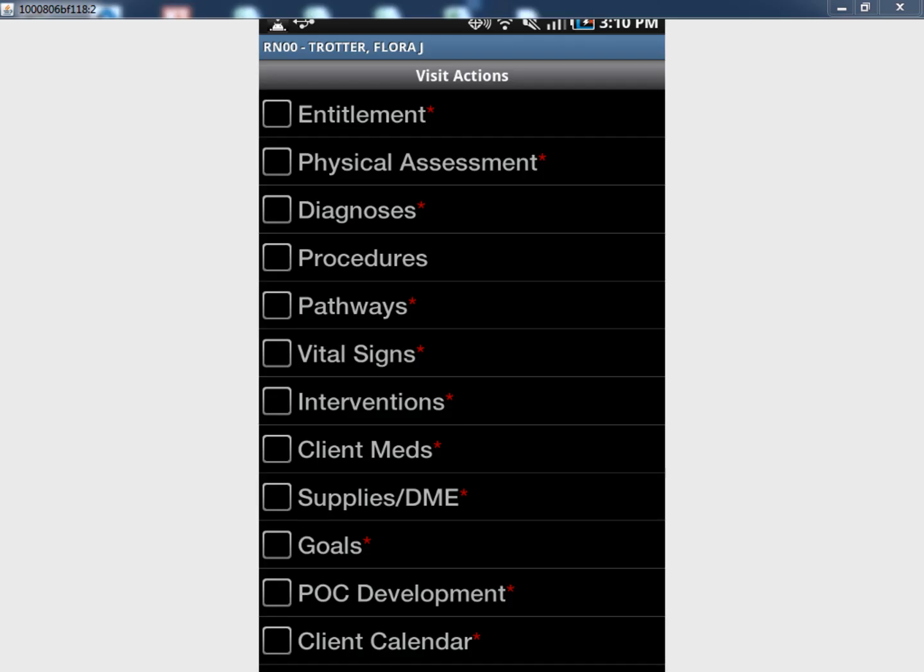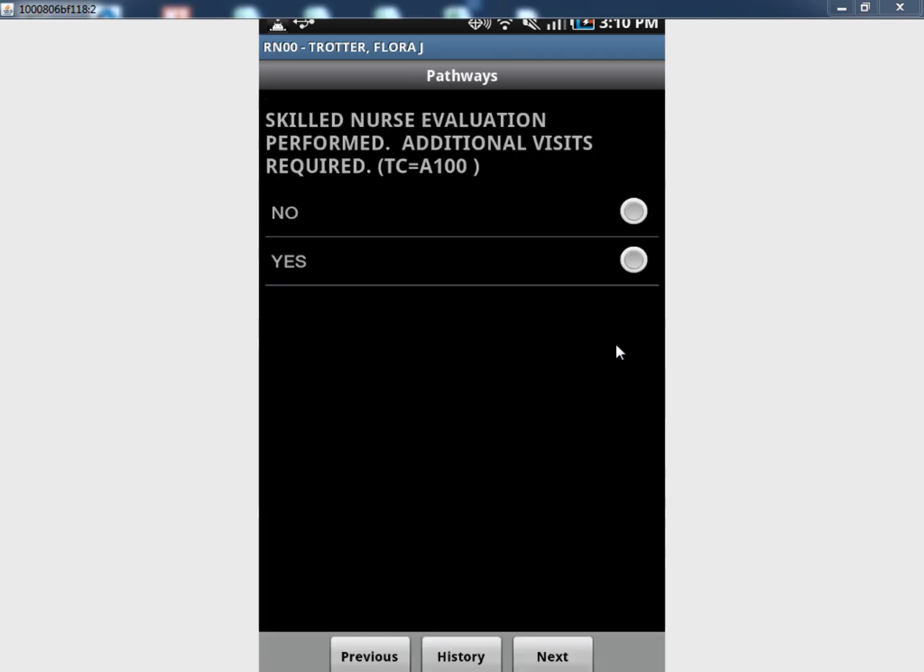In order to begin the plan of care development process, the user should tap on Pathways in the Visit Actions section. Pathways allows the user to select a series of treatments for this client's episode. Those items that are checked yes will populate into the plan of care development. Before we can address the plan of care development, we must complete the pathways to identify all treatments that will